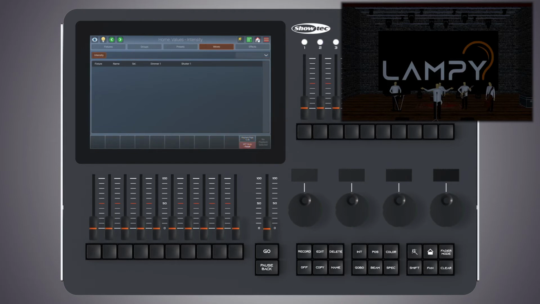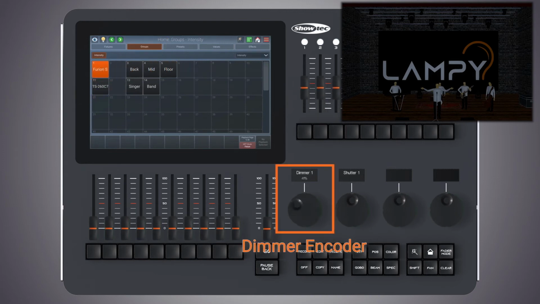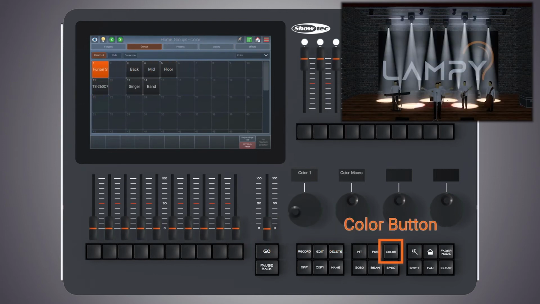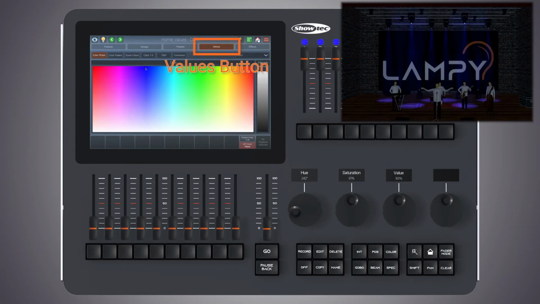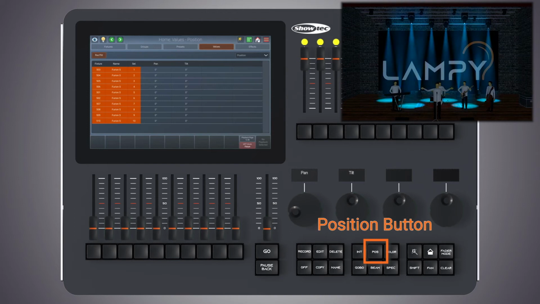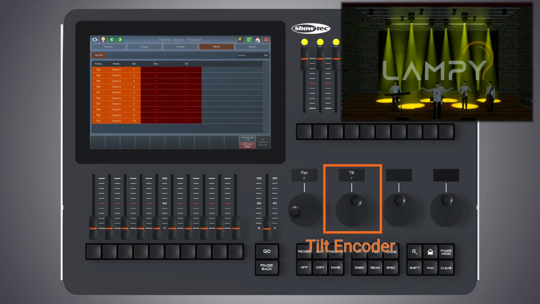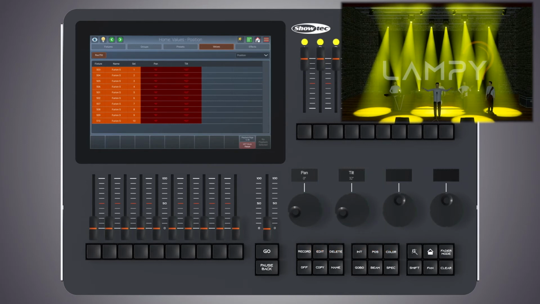Next up, let's have a look at the programmer buttons in the top. Let's select some fixtures, assign a dimmer value, and a color to them. Let's just assign some pan and tilt value. Let's have a look at the first button in the top left of the main toolbar.